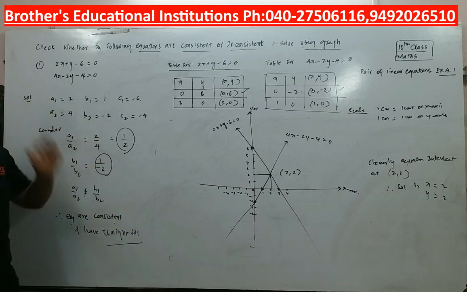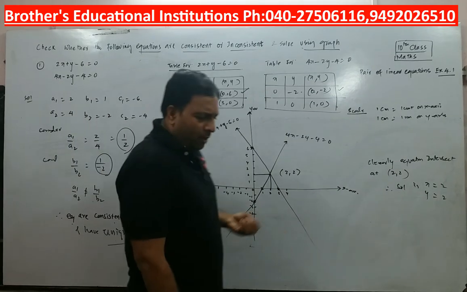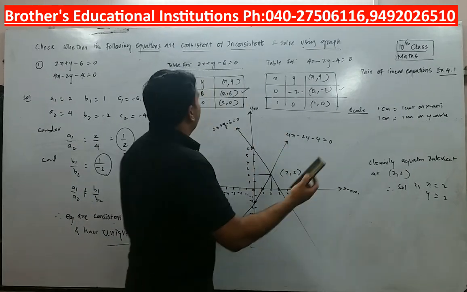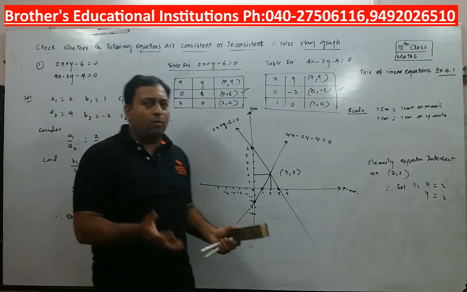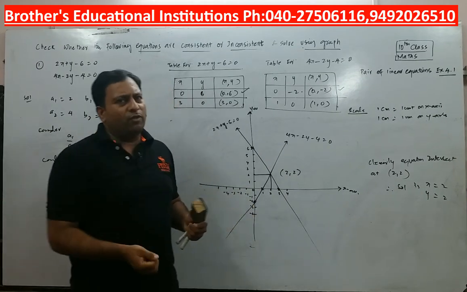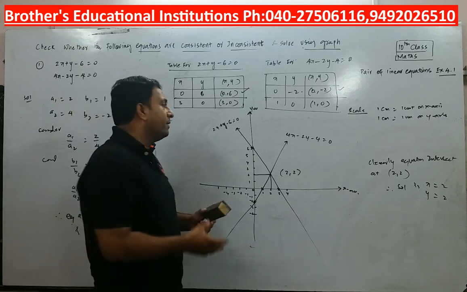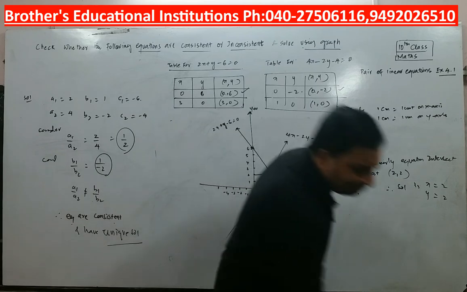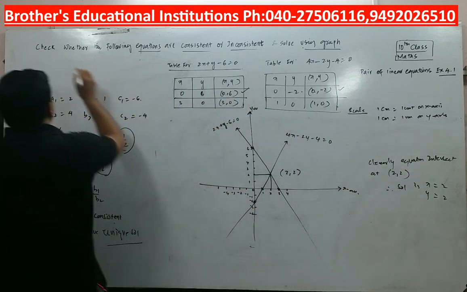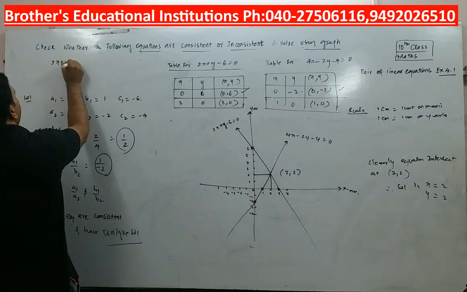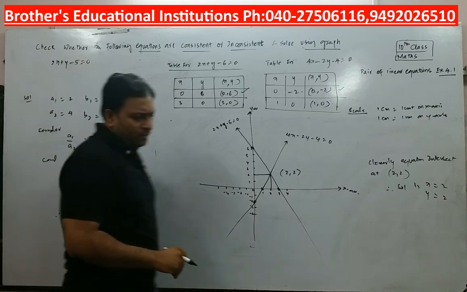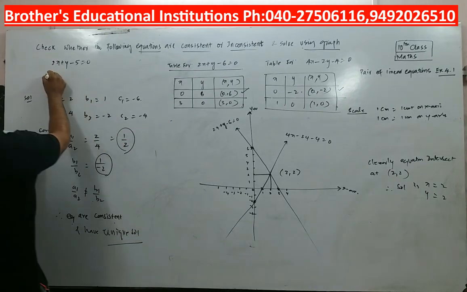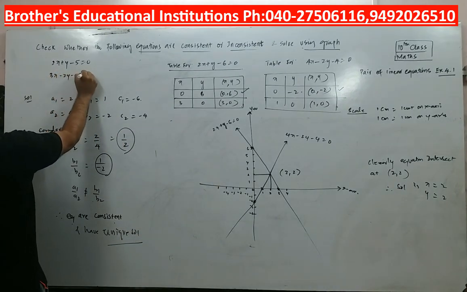So practice this again, and I want you to take a problem as homework, right? You may note down the equation. You can try and let me know the solution through WhatsApp. I am waiting for your solutions on WhatsApp. All right, so I will give you another equation. Take the equation as homework. 2x plus y minus 5 is equal to 0. 3x minus 2y minus 4 is equal to 0.